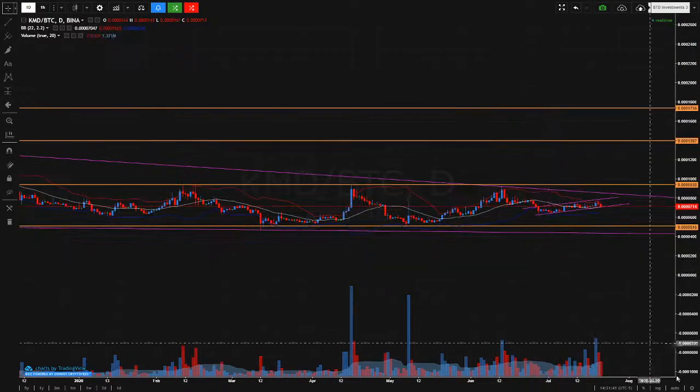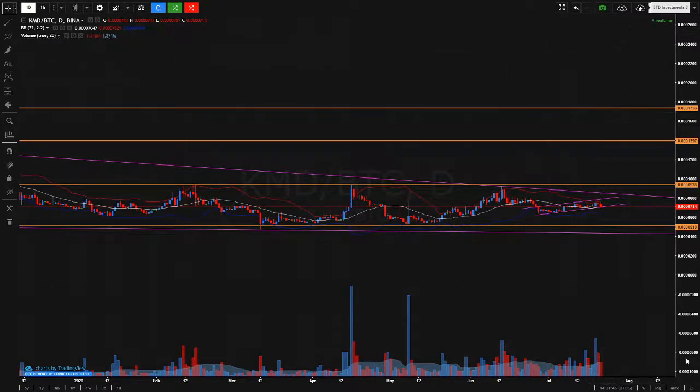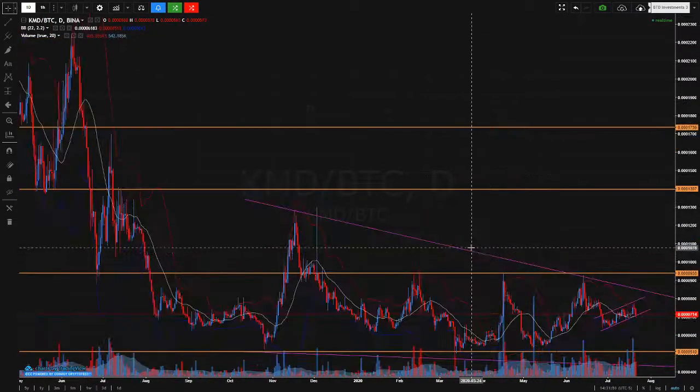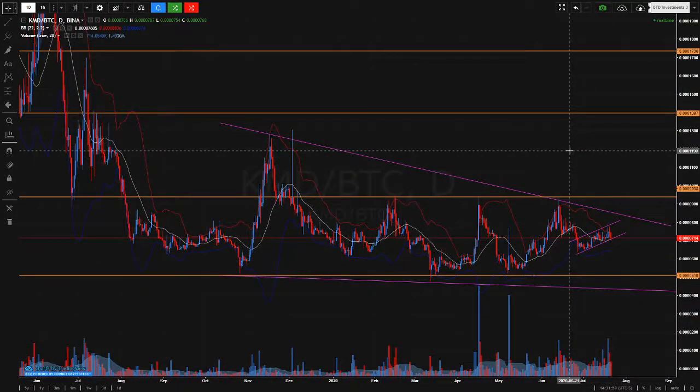Sorry I can't tell you more on that one. It's just a matter of waiting and watching and seeing what the price does and then acting on it. But I will say, I don't follow the fundamentals of these coins, but when I first went through all the coins and looked for stuff in uptrends, I just did that again a week ago. There's a lot more coins pushing up higher. So that indicates to me